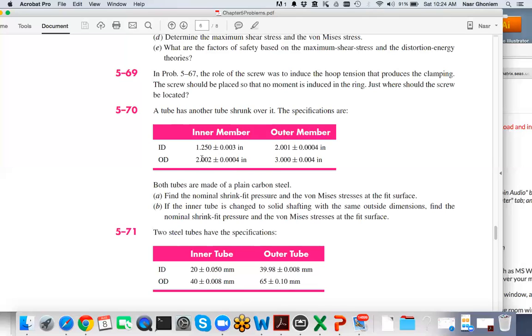and the OD of that member is 2.002 plus or minus 4 mils. Now we took the outer member and put it on top of this, so you can see that the outer member's ID nominal is 2 inches and 1 mil. So 2 inches and 1 mil is actually smaller than 2 inches and 2 mils. So nominally, if I put these two on top of each other, there's going to be interference here of